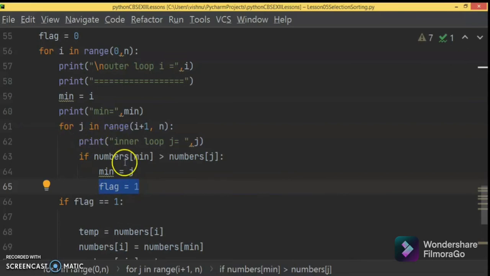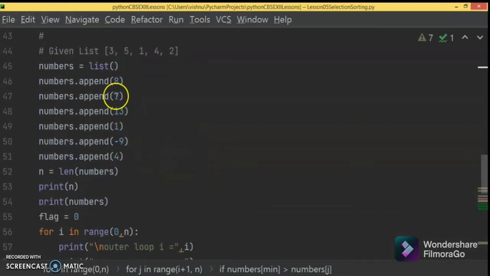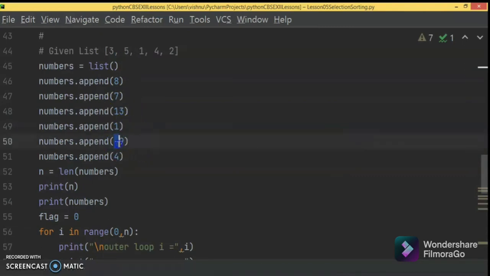Again this iteration will go, now i is 0 plus 1, which is 1. Next iteration it is 2. Now numbers of, this is i 1, 0, here it was 0. Now after j updating it became 1. So numbers of 1 is greater than numbers of 2. j is 2 now here. So numbers of 1 is greater than, no, it is not greater. Likewise we will be comparing and will choose minus 9.